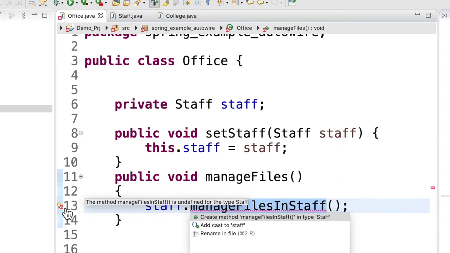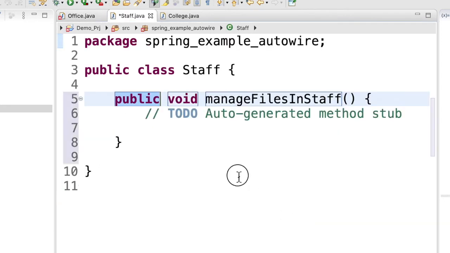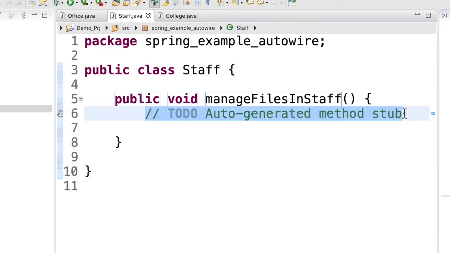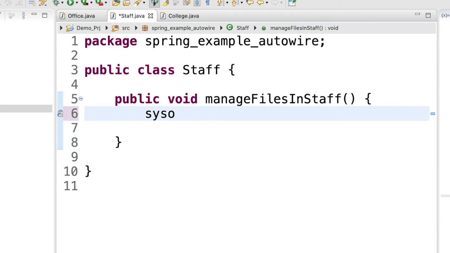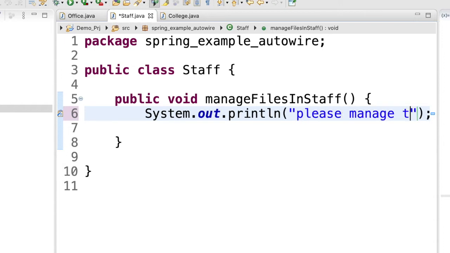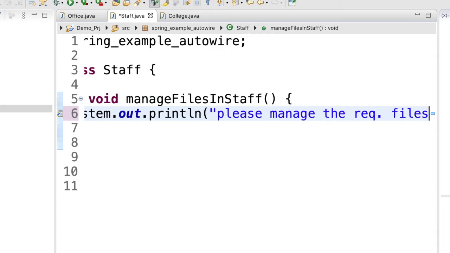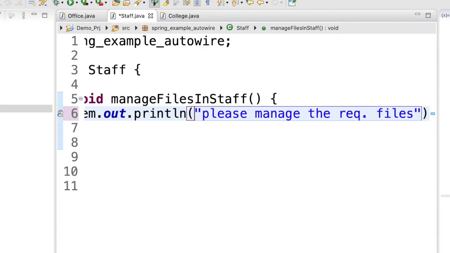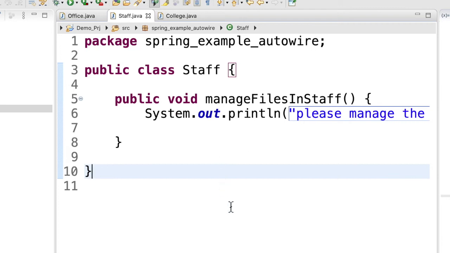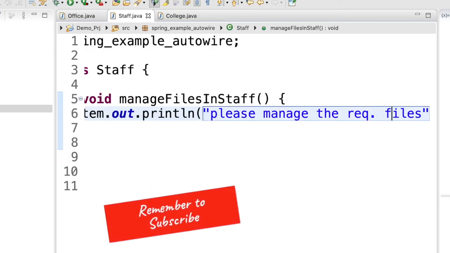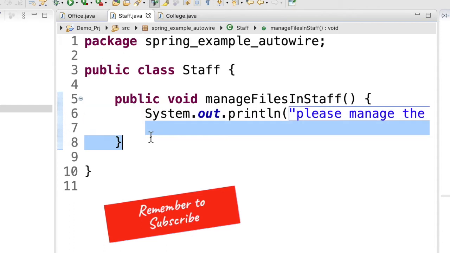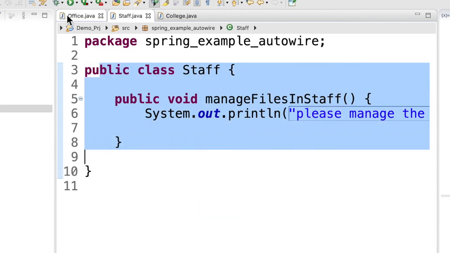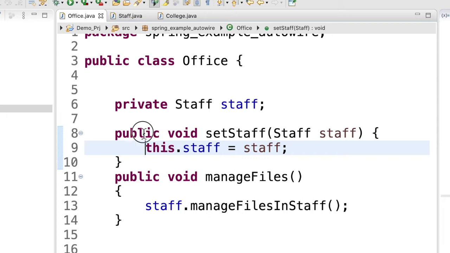And I will create a method in staff.java, because I don't have it over here. I have created this method here, and then here I can just give a system.out.println: please manage the required files. Done. So my staff.java is ready, and my office.java is ready, because I've already created a setter here.